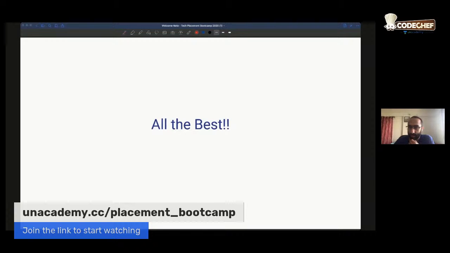Apart from this, some people are asking whether it is worth doing an MS in software engineering from the US and settling there. I think, Ayush, this is a very broad question. There's no one answer that fits all. If you want to learn more in a particular field, if you want to get to the US, doing an MS is the most common path of getting to the US.